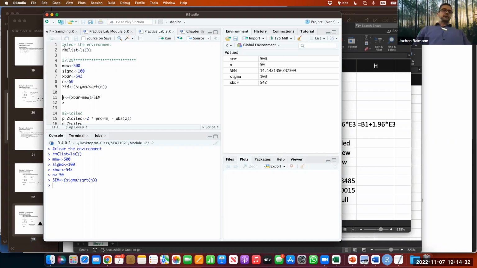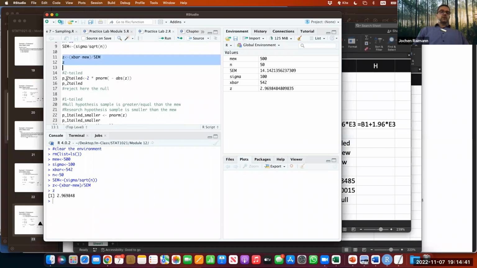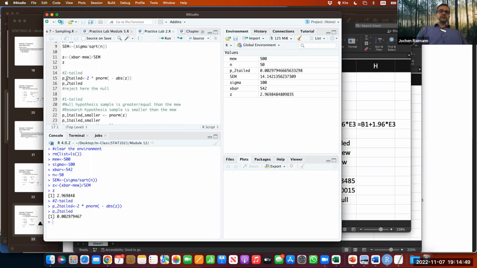Then in lines 11 and 12, you quantify our z-score, which is 2.97. Then in lines 15 and 16, you quantify our detailed p-values, which is here